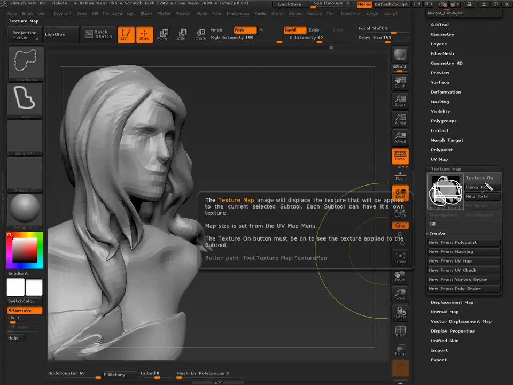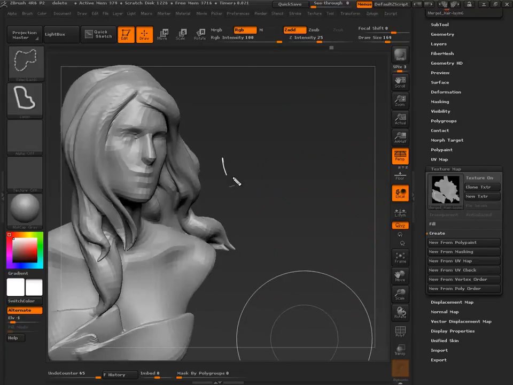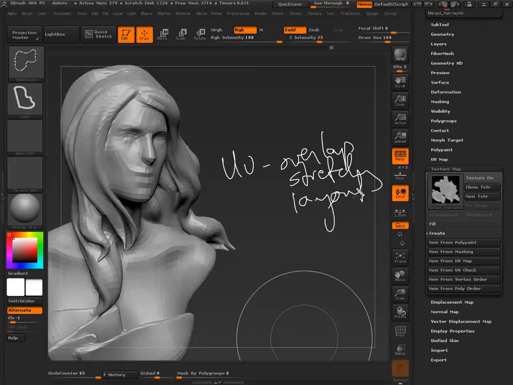So in this case, you go to Modo, you go to Max, you go somewhere else to make this happen. And these are, you know, fairly valuable. You want this kind of stuff. But UV Master will try to get things within an acceptable framework. It will definitely try to do that. So with UVs, we've talked about overlap, stretching, layout, right? And so with UVs, if you need more than that, you got to think about other applications.